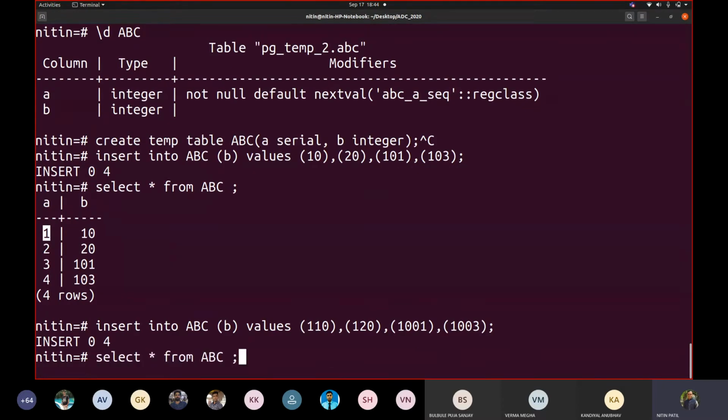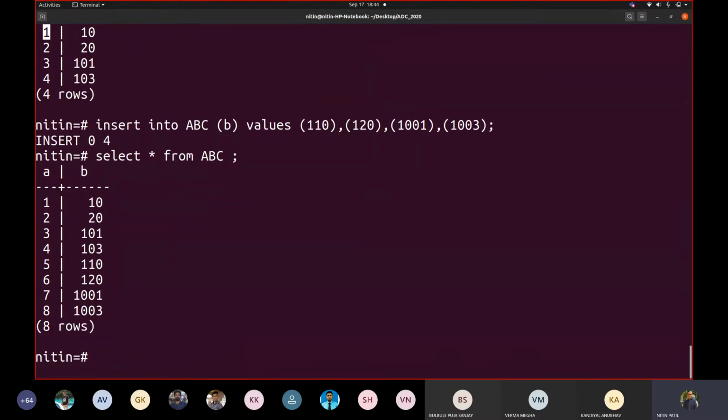Now if I select again, the next value would be picked. That means it keeps track of the last value inserted for the serial data type. This sequence can be used generally when you are developing systems where a number should be preserved for each row. So this would be treated as an automatic primary key if you wish to make use of it. Okay, so you will not see duplicate values inserted.